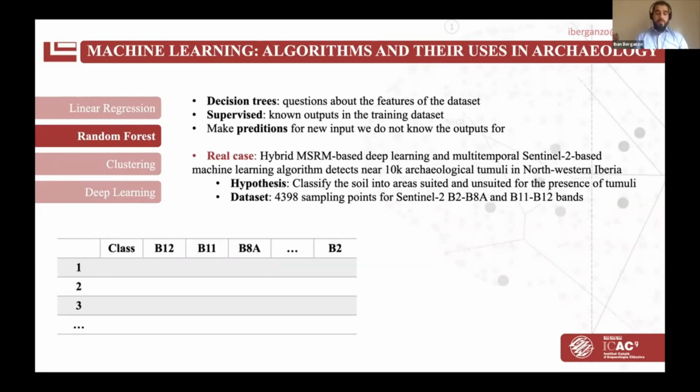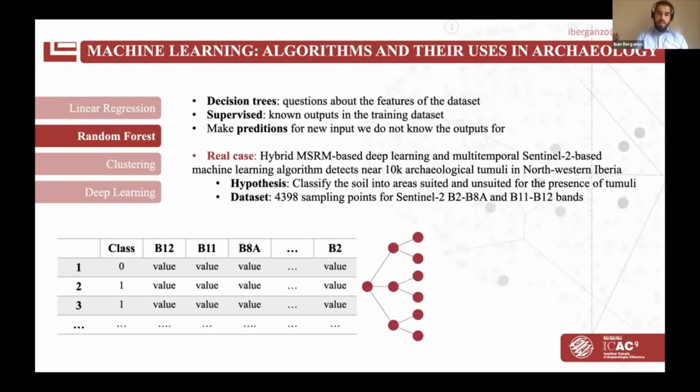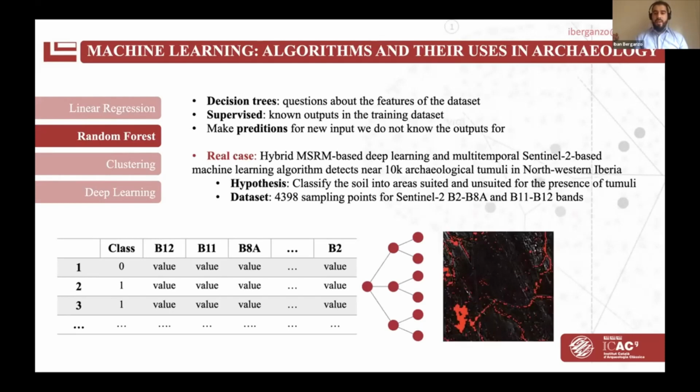And here, as you can see, we have 1, 2, 3 points whose features are the class, if it's suited or not for tumuli, and the values that this point has in these bands. So these are our features for our points, and the algorithm made a decision tree of questions about these values,